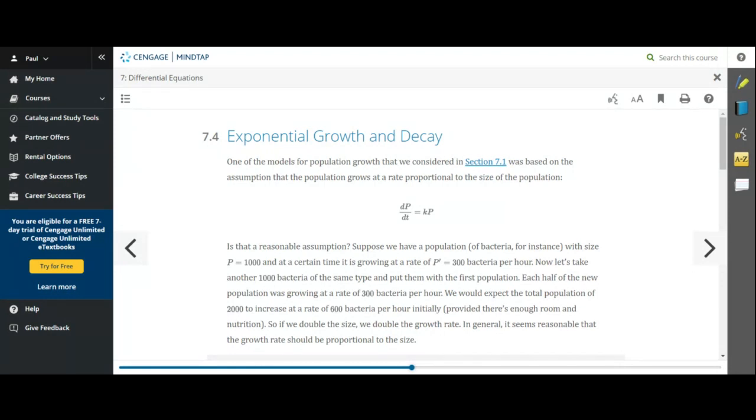Or deer, it might be reasonable in the beginning, but remember, for most populations, as the populations grow over time, they can't keep growing at the rate dP/dt equals k times P. Because that would represent exponential growth, and populations normally can't keep growing exponentially forever because they run out of resources like food and space and so forth. But for bacteria, in a petri dish,